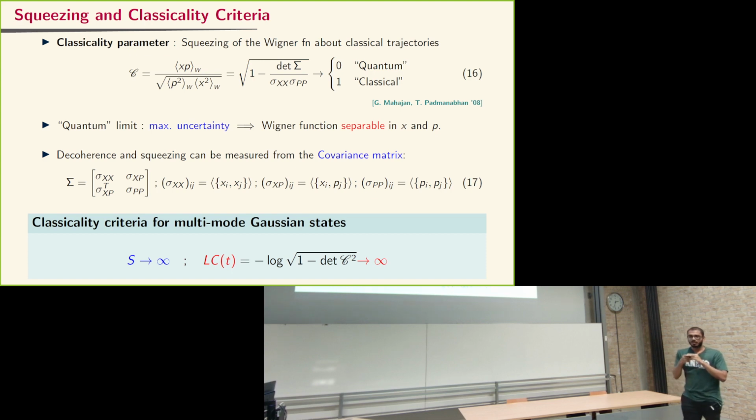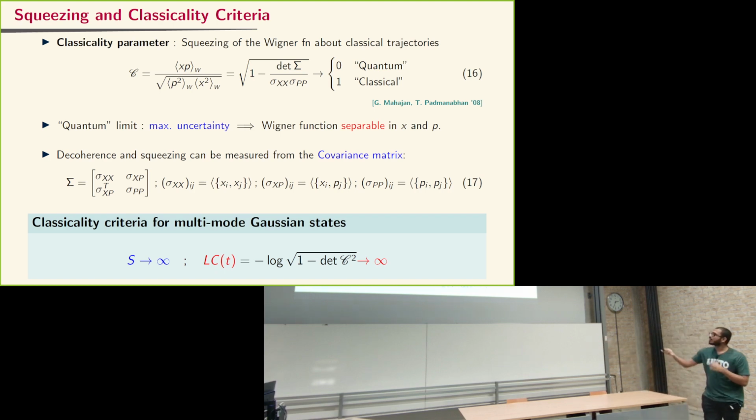Quantum systems have a phase-space representation in the form of the Wigner function, as opposed to fixed classical phase-space trajectories. And a good way to measure whether a system approaches classical behavior is by looking at the level of squeezing. What happens is when the modes cross the event horizon, when the modes cross the Hubble radius, we also see signatures of squeezing, wherein the Wigner function squeezes and the peaks of the Wigner function align with the classical phase-space trajectories. And we have devised a way to measure the squeezing for a multimode Gaussian